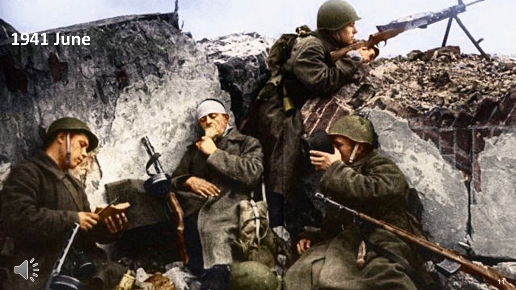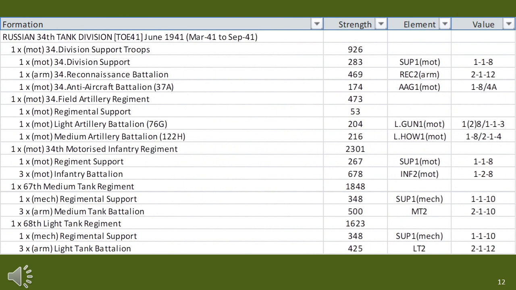In 1941, the Russians deployed tank and mechanised divisions rather than corps. I'll start with the tank division in this analysis, as it's interesting to compare this formation with the later tank corps. The Russians used the divisional formations in various forms until the end of 1941, but it was quickly decided to not form new divisions after the German invasion, and this formation structure became a dead end and fell by the wayside. This table shows the 34th Tank